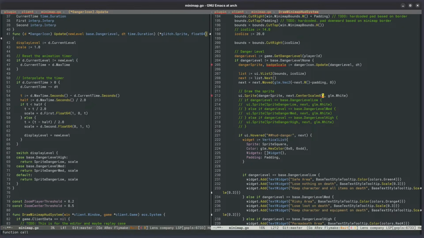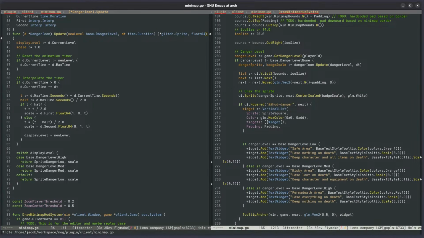And then we'll pass the badge scale. And we don't need these anymore. And this needs to use